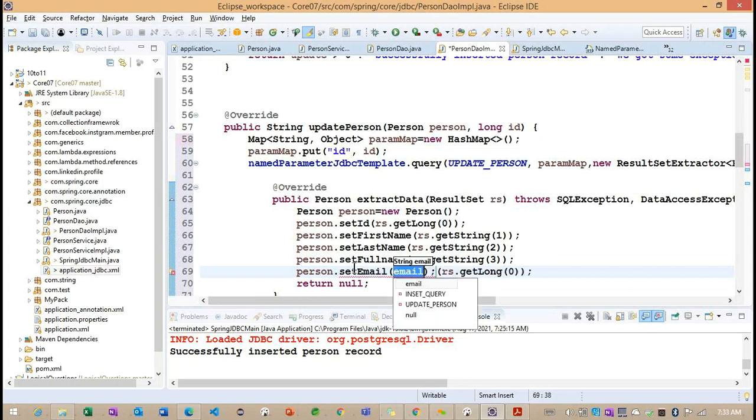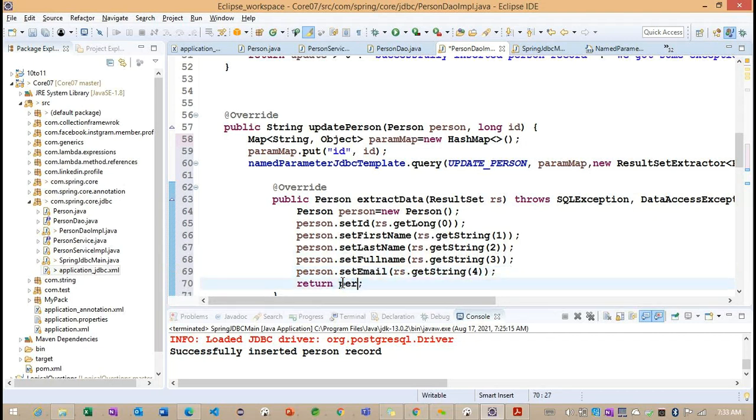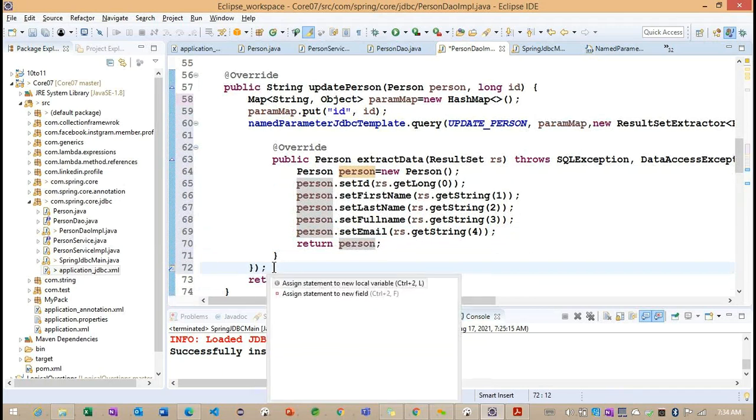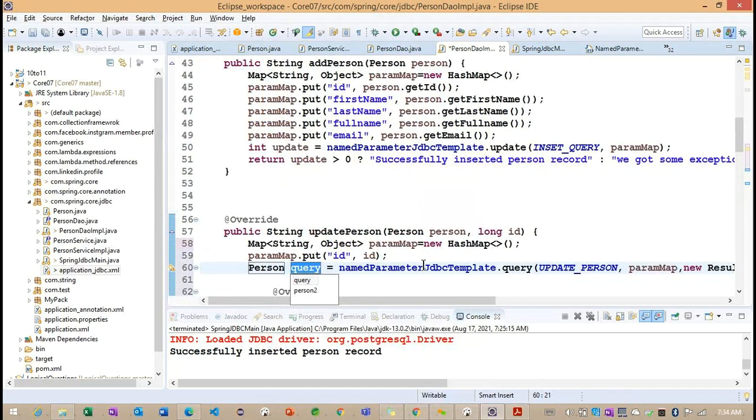And here set email. This email we are going to specify as index 4, and we will return this person. Right. So this is the way we are going to load the person record.